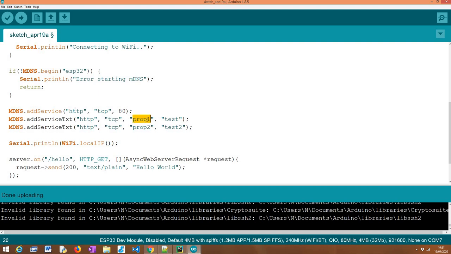Then as third parameter we pass a string with the name of the property, and as fourth and last parameter we pass the value of that property. If we want to add multiple properties, we need to call this method multiple times. But again, these two lines of code here are optional. If we don't have anything additional to add to our service information, we don't need to do this.